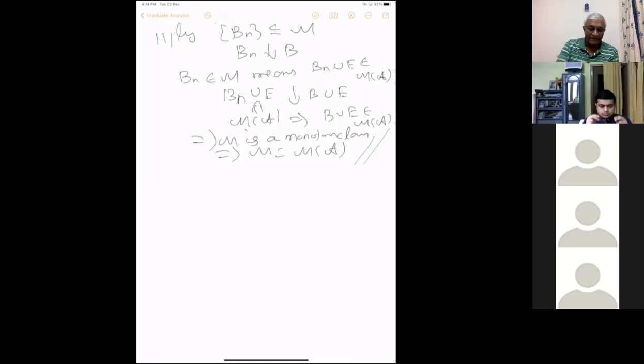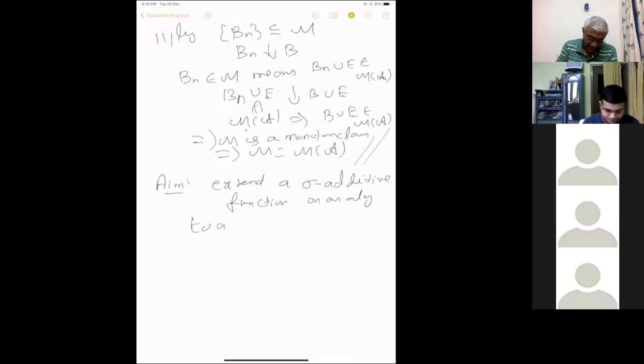So how do we want to define it? First, we want to define what is called an outer measure. So I'm doing something new. Our aim is to extend a sigma additive function. We don't call it a measure yet. We define what is called a sigma additive function on an algebra